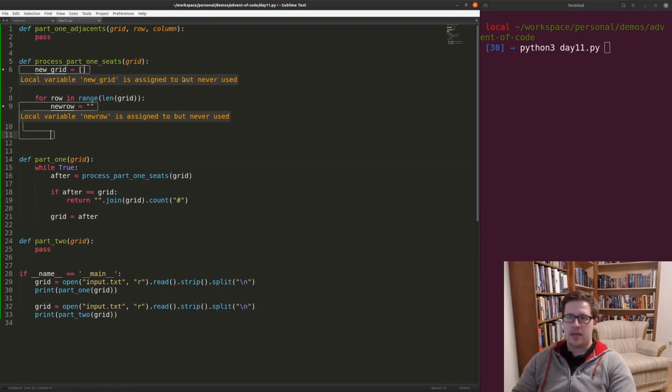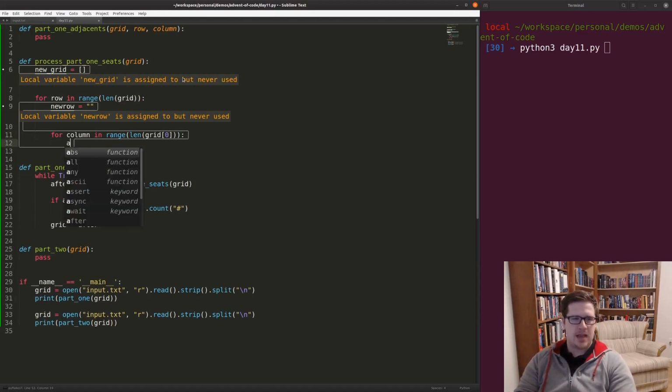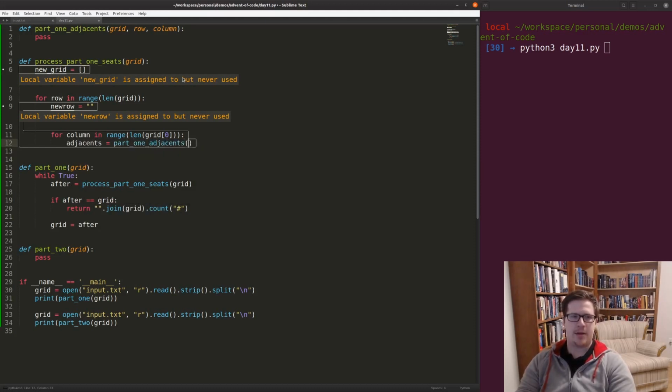So at this point, we're going to say for column, in range length grid 0, the first row, right? Because it's going to have a different number of rows than it will columns. So we need to grab the first row and find the number of columns. And we'll say that the adjacents are going to be our part 1 adjacents. There we go. And we're going to provide the grid, the row, and the column